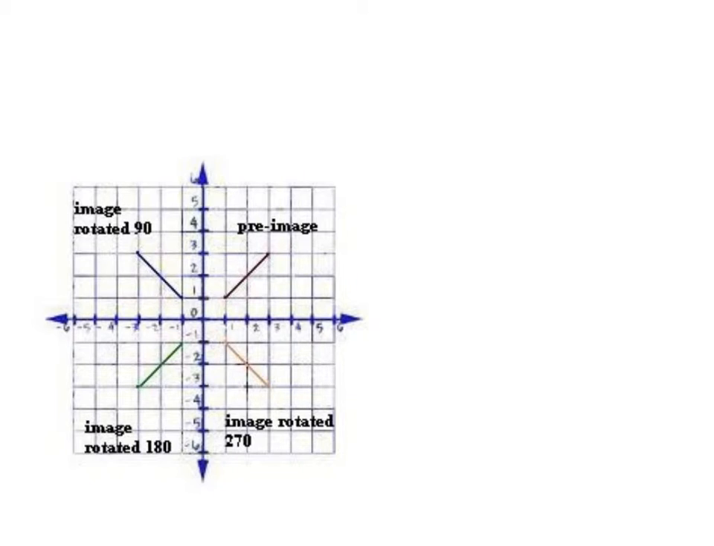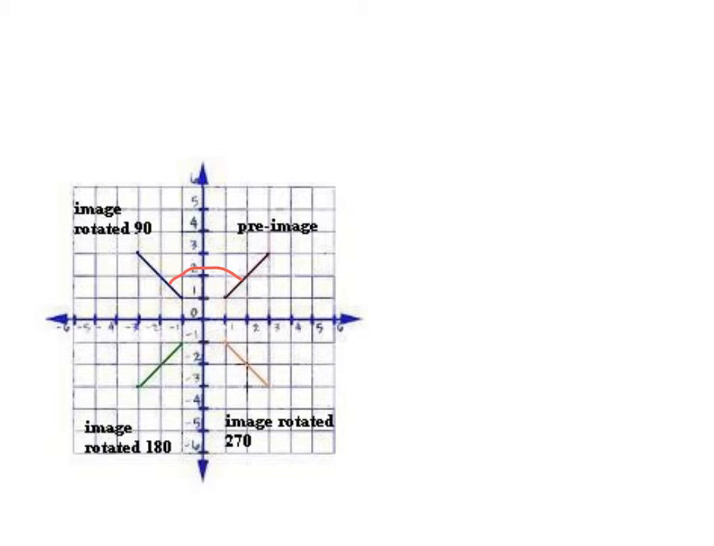I'd like to start this lesson today with a little image I found on the internet. In this image, it starts off with a pre-image, right here, this line. And then it wants to rotate it 90 degrees, and it rotates it counterclockwise. So first they rotate it 90 degrees counterclockwise. It takes the pre-image and rotates it 90 degrees counterclockwise and ends up on the opposite side of the